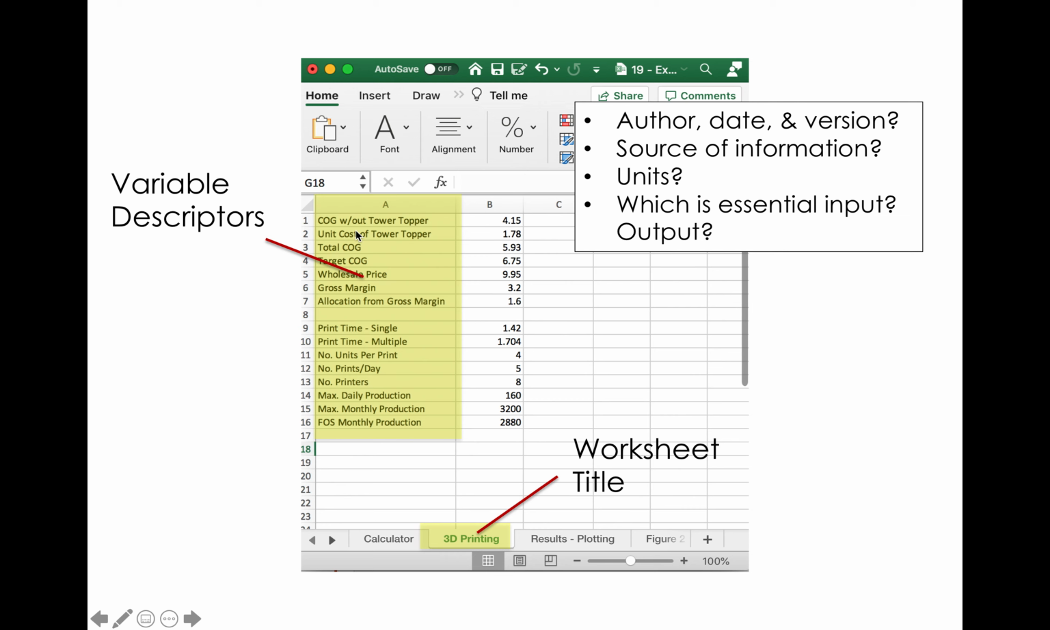Also units, right? So again, I'm assuming this is dollars here. Print times single, I'm assuming that's going to be hours, maybe. And then the other thing that's not totally apparent is which is essential input and which is output. Where did I get these values? What am I looking for as my final result? A lot of times we assume that the last line in a little section here is maybe what's important, but